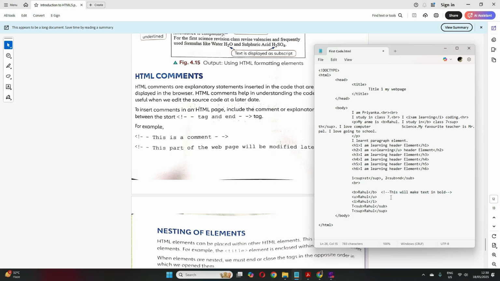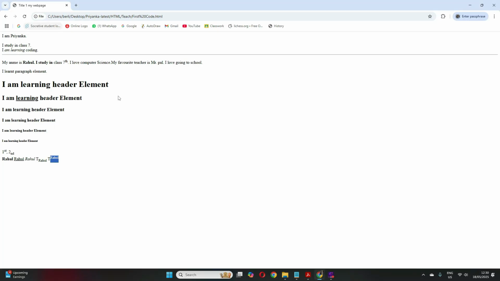So what is the format of writing a comment? First angular bracket, inside the angular bracket you have an exclamation mark, and then two dashes. You write your comment, whatever you want to write, then two dashes. Okay. So this is the format of writing the comment, and this comment will not be visible in your browser or the web page. Let me just save and show it to you. I have saved it. Now let me open our code. Now suppose I rerun. See, I'm running. Did you see when I'm rerunning?